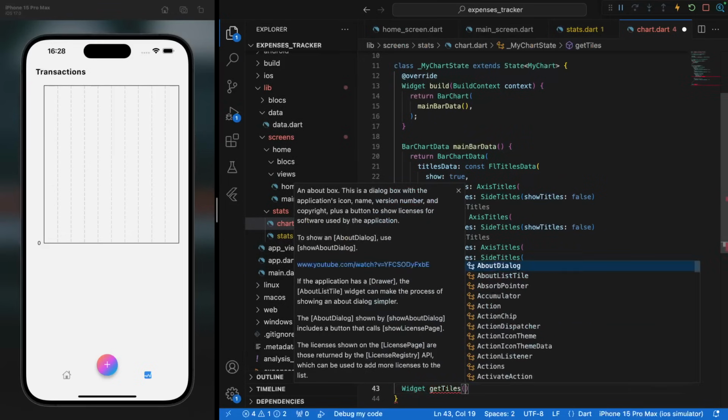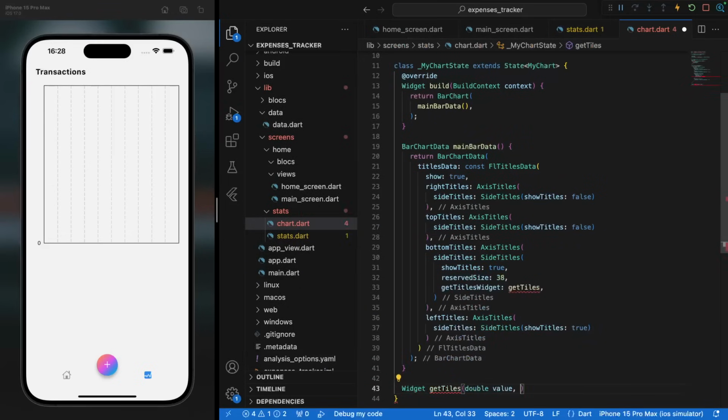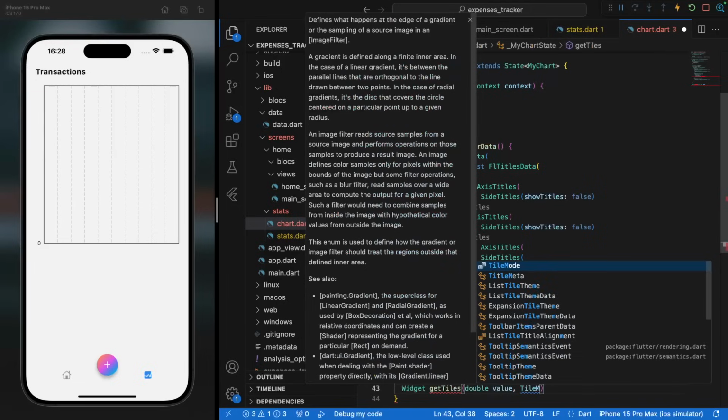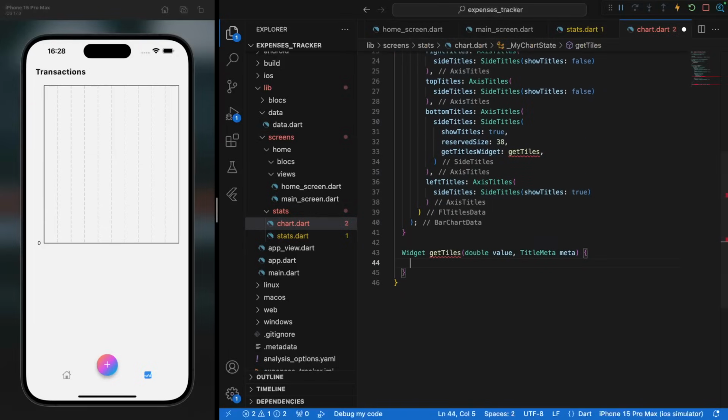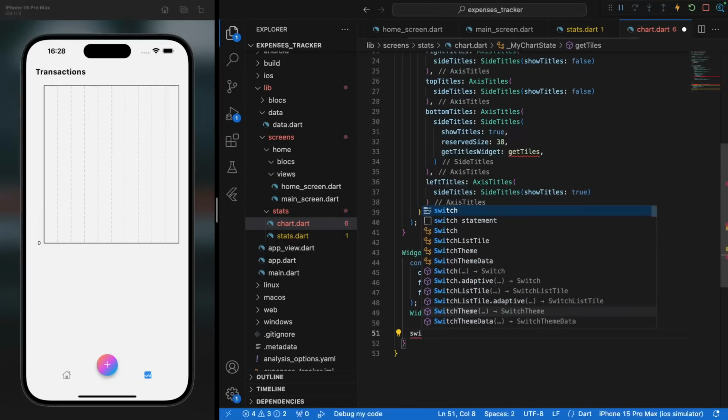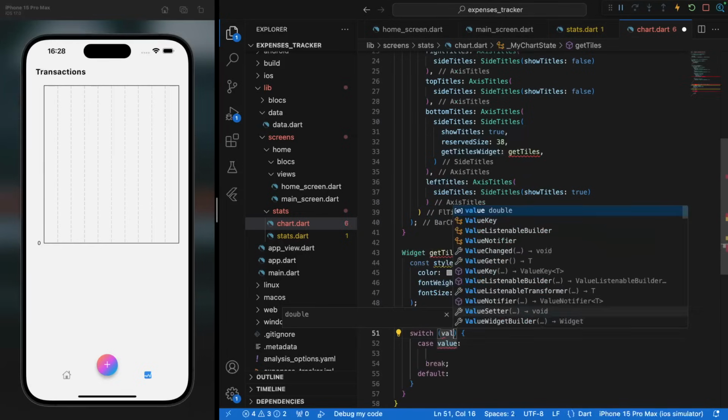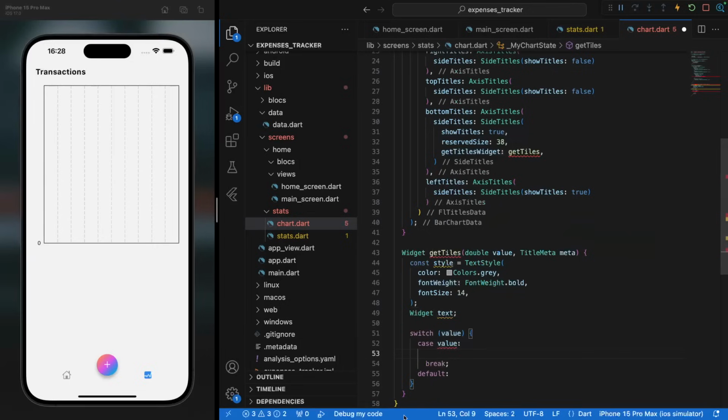That's going to take a double that we're going to call value, as well as the tile meta. I don't really know if we really need that thing, but perhaps let's get it anyway. So what do we want to do here? A few things. First, we're going to create a text widget with the style. So we have a text style right here and a widget that is a text. And now we're going to do a switch statement. This switch statement is based on the value, on the double that we have right here, and we take value dot to int in order to be able to create this switch